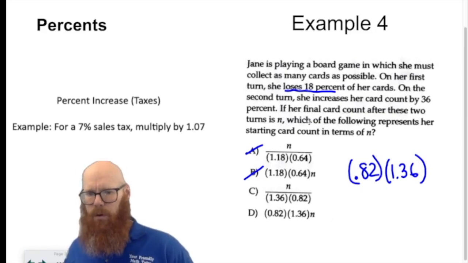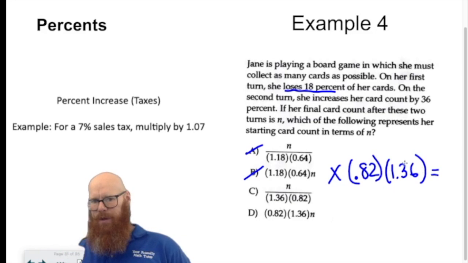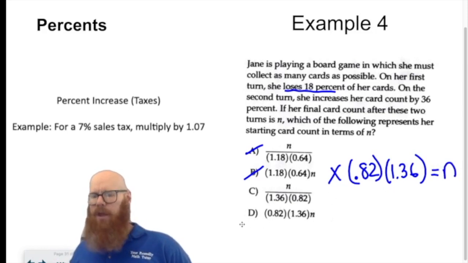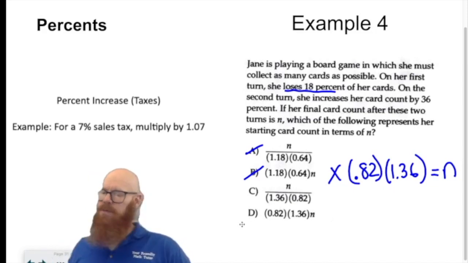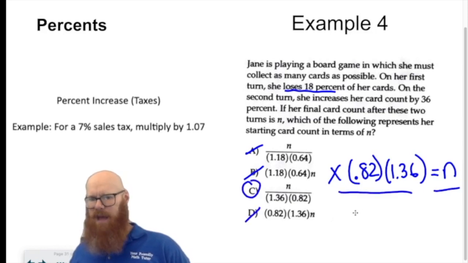Now this is pretty important. Her final card count after these two turns is N. Which of the following represents her starting count in terms of N? Well, this is what we're multiplying her starting value by, which we don't know. And in the end, after doing these percent increase and decrease, we end up with N. So this is why it's not D. It seems like it should be D. But they're actually asking us the original, which means the original we work backwards by dividing. So you should be able to see that it's C, because we're going to have to divide each side by